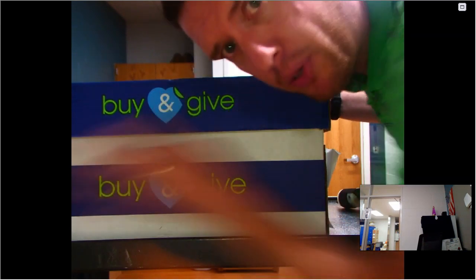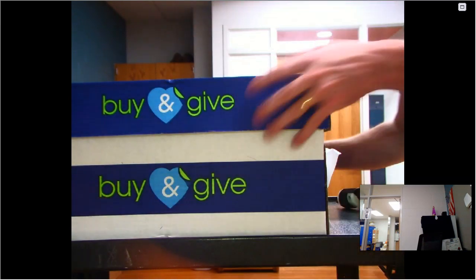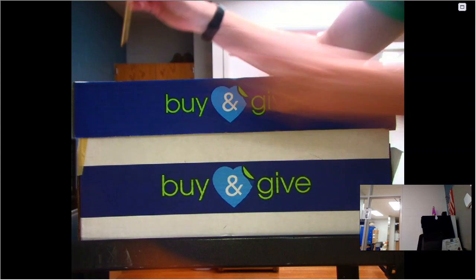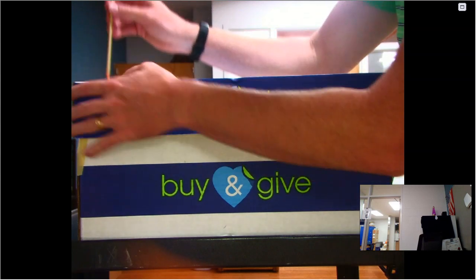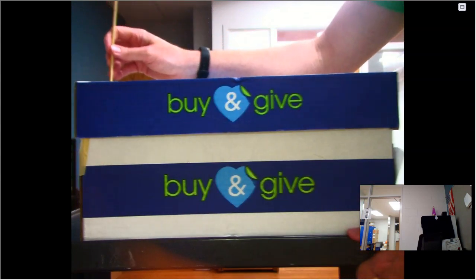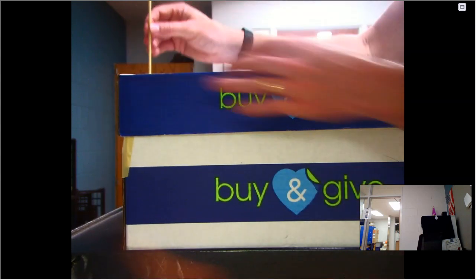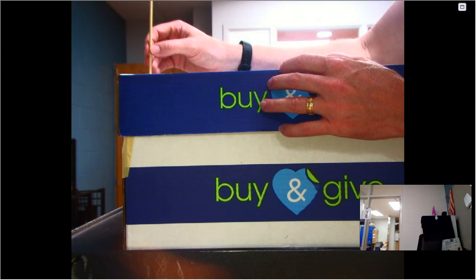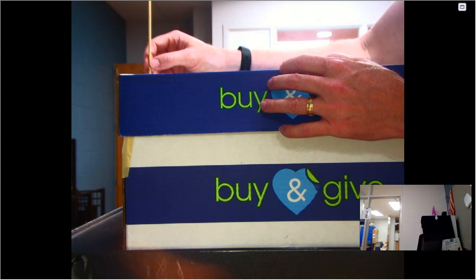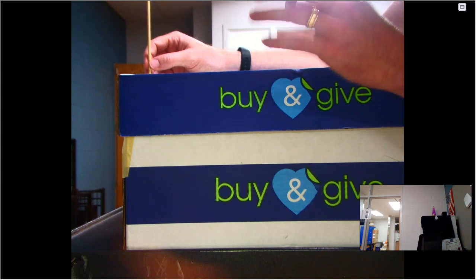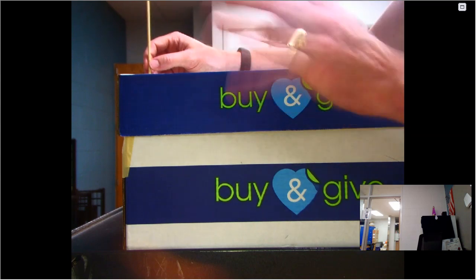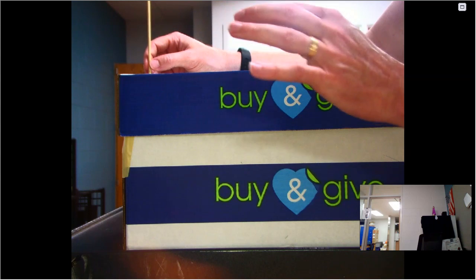Let's pretend I put all the things in here. Okay, I first start at hole 0, and I will carefully and slowly insert the skewer until it hits something. And I can't push it down anymore. Don't force it, don't be rough on these, but I can't push that down anymore.